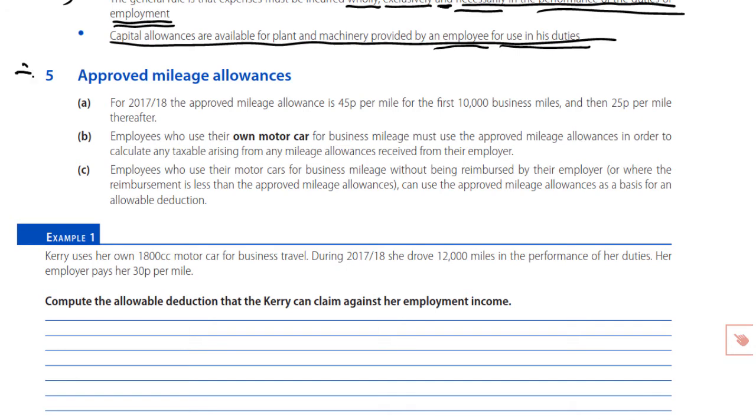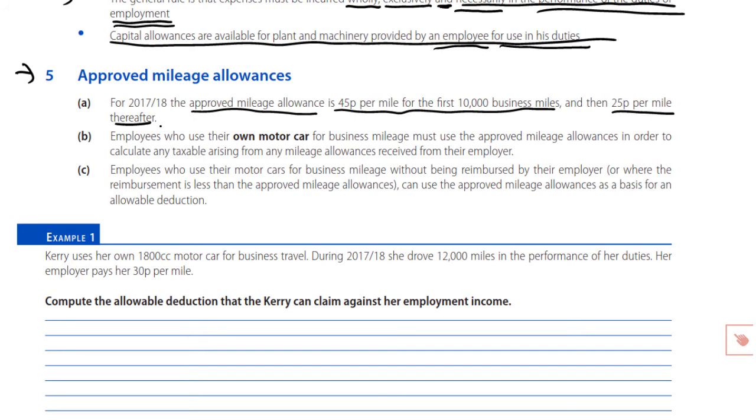And that's this bit. Section 5, approved mileage allowances here. Now, there are approved rates. These, though I don't think you'll have any trouble remembering them by the time you walk in the exam room, they're actually provided on your rates and allowances page. But they are. Now, this, remember, is where you do business mileage on behalf of your employer in your own car. Approved mileage allowance is 45 pence per mile for the first 10,000 business miles, and then 25p a mile